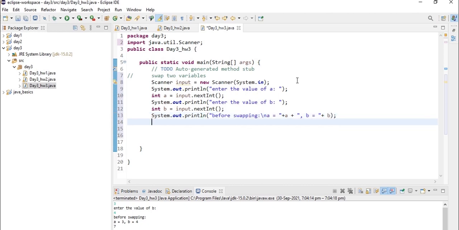Now let's write our main code here, that is the main logic. Let's declare a temp variable of integer data type, that is int temp is equal to a, assigning a to that temporary variable. That is the first step.